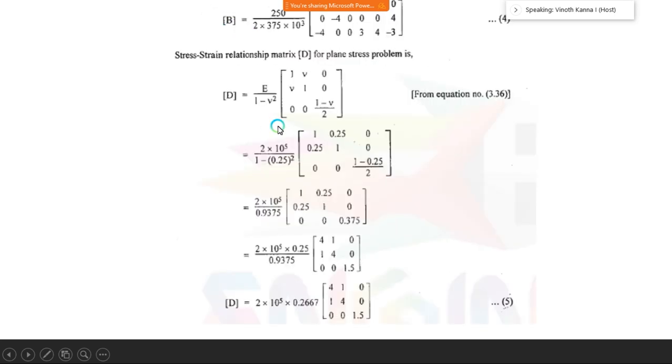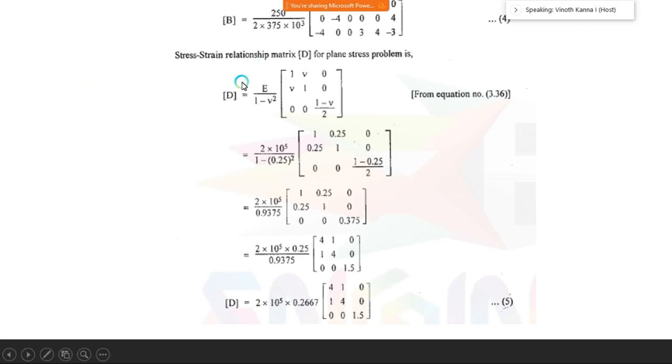Okay, so now I got the B matrix with some values, 250 into. You should not multiply the outside value into the inside of the matrix. Just keep it as it is. At the final simplification, we go for all the multiplication. So very first, you just substitute the values and keep the matrix the same. Don't multiply anything inside or outside. Just keep the values as they are.